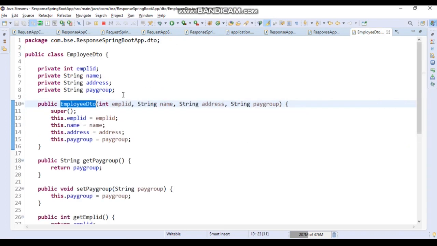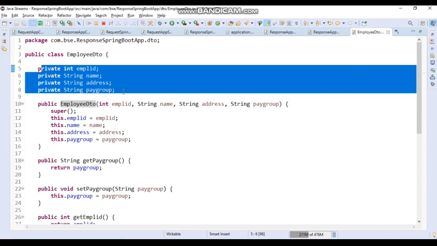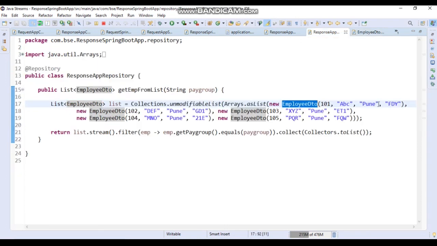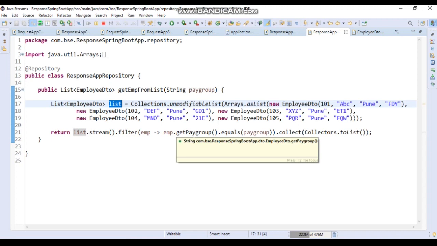So these are the four parameters: employee ID, name, address, and pay group. The last parameter is the pay group, so based on the pay group passed, I will fetch the information. I have created an unmodifiable list, an immutable, read-only list, so no one can modify it. Then I performed stream filter to get the specific type of employees, checking the particular pay group.